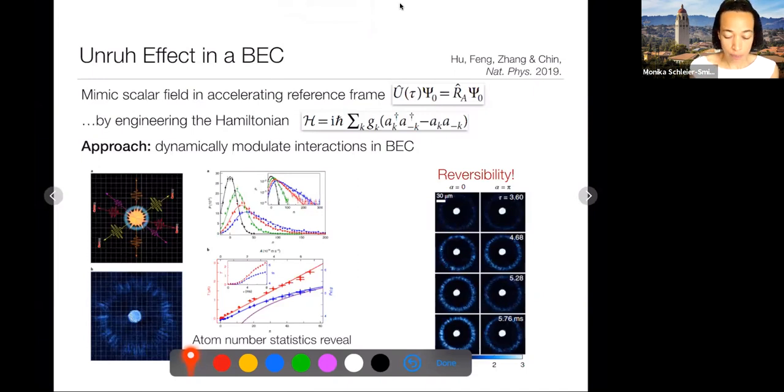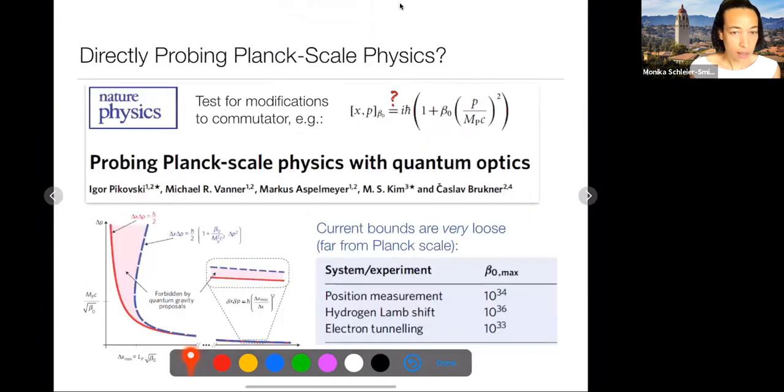Okay, so the last thing that you might want to do is directly probe quantum gravity by precision measurements. Generally the challenge is having systems that are both massive and somehow behaving quantum mechanically. Just to give a flavor of the ideas that are out there, one thing that's been proposed is to